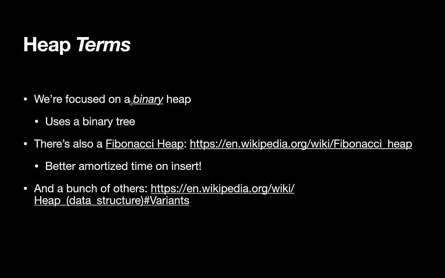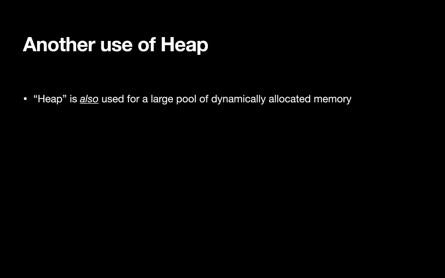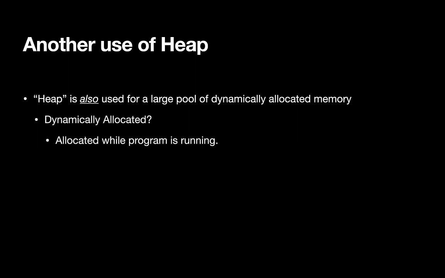Okay, but heaps are not just about binary data structures or data structures that store data. Another use of the term heap is for a large pool of dynamically allocated memory. So by that, I mean the memory that you end up getting when a program is running. It's dynamic. It changes over the course of the program. And at least in Java, when you use the keyword new, that's about allocating memory from this thing called the